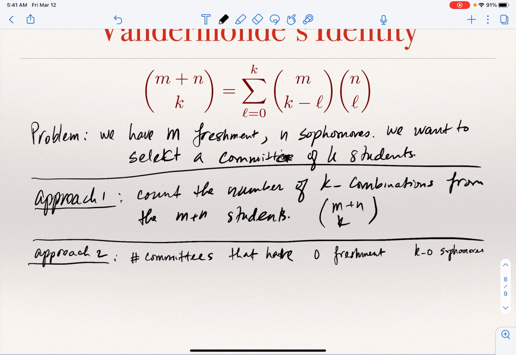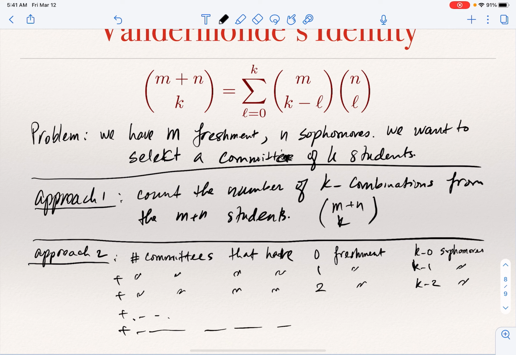So this is one way to say, okay, it's the number of committees that have no freshmen in it but have k sophomores in it, plus the number of committees that have 1 freshman and k minus 1 sophomores, plus the number of committees that have 2 freshmen in it and k minus 2 sophomores, plus all the way to I have k freshmen and 0 sophomores,